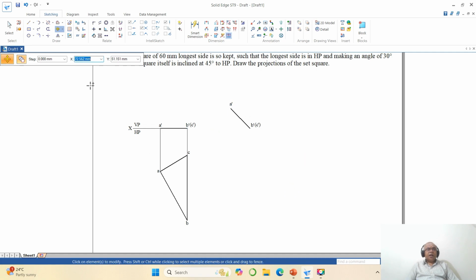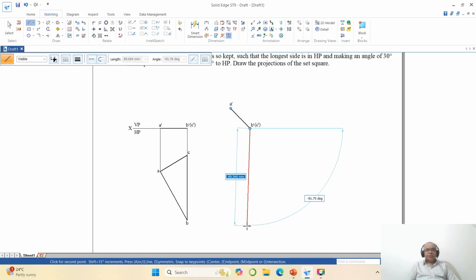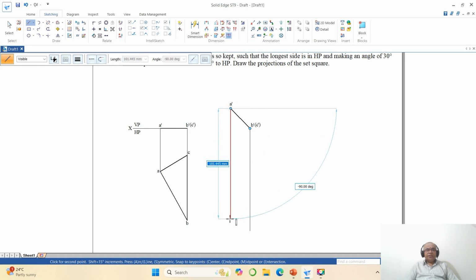Okay. Now I need to draw a vertical line from here. So go to line, draw a line from the end point of this to the top view. Then similarly you draw a line from the end point of this to the top view. Then you draw a horizontal projector. So go to end point, remove that end point, then go to line, take the intersection point of this and